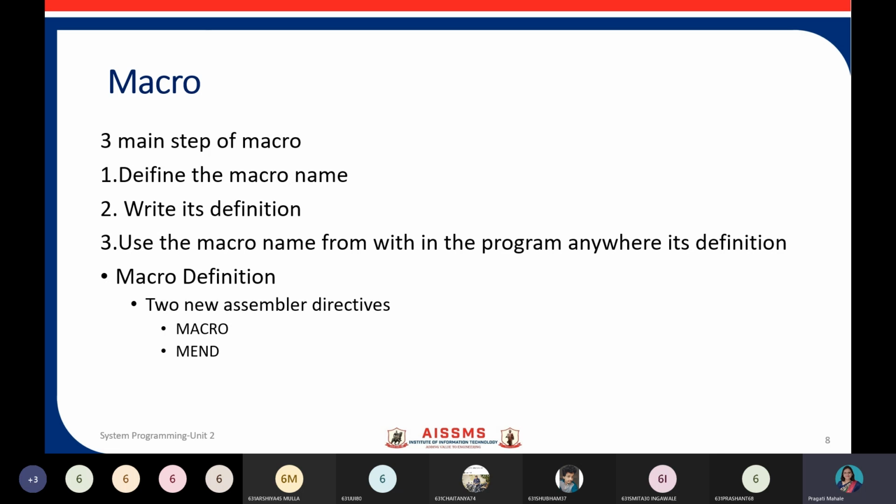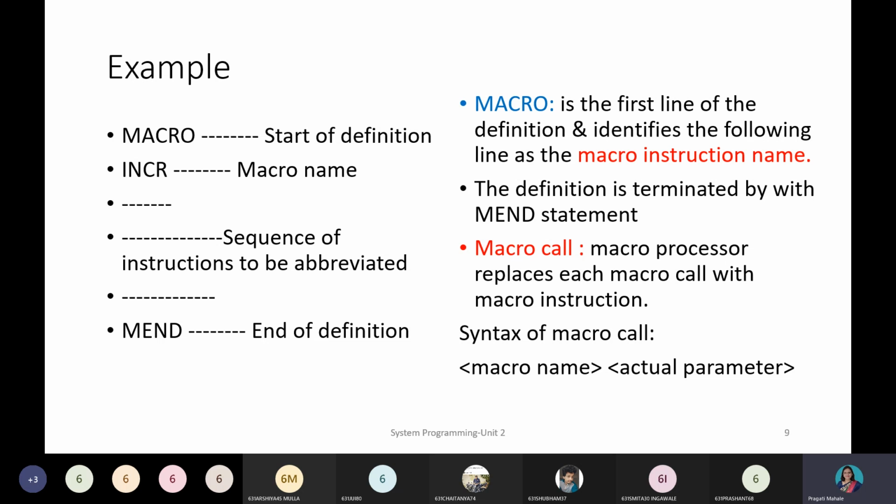As you can see in this particular PPT, this is how our macro looks. Our macro starts with a statement called MACRO. It indicates the start of the definition, followed by the name of the macro. In this example, INCR is the name of the macro.